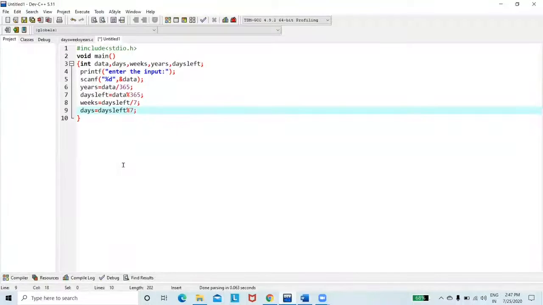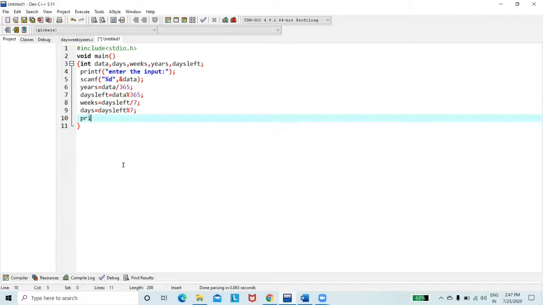Now let's write the output statement to show what will be printed on the output screen. So printf of percent d years, percent d weeks, percent d days. So where are they stored?